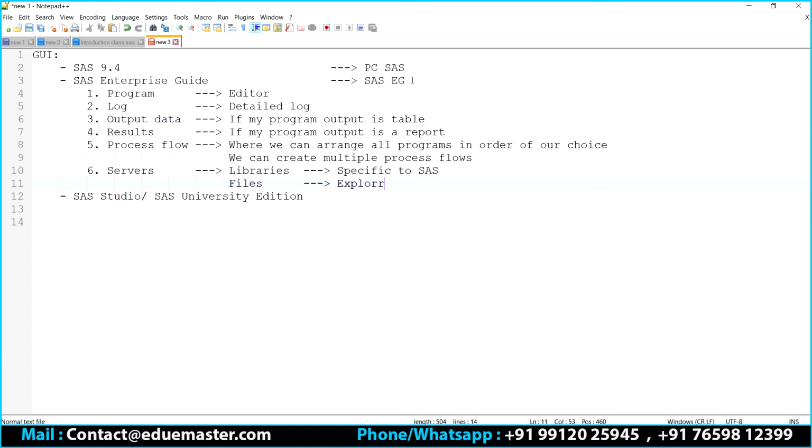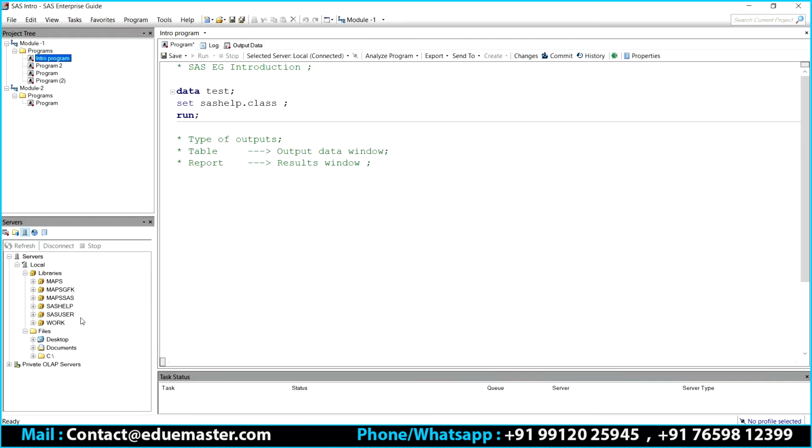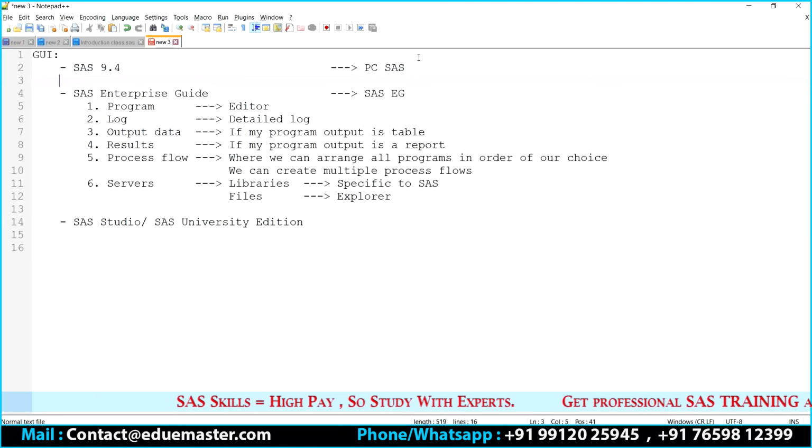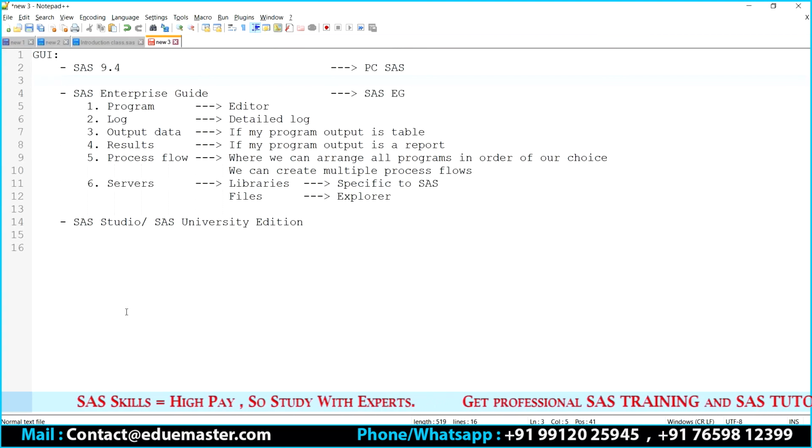I'm pretty much interested in the servers, in the libraries and files. I have the process flow, program window, log window, output data window, and results window. These are all specific to your SAS Enterprise Guide.